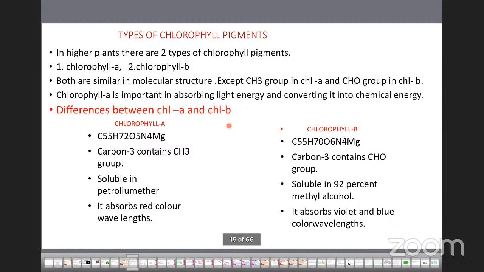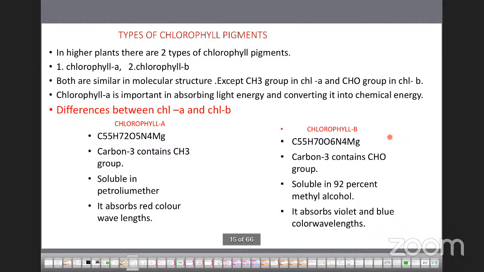So these are the important differences between chlorophyll A and B. Once again, chlorophyll A's molecular formula is C55H72O5N4Mg, whereas chlorophyll B is C55H70O6N4Mg. And the main important difference between these two is that a methyl group is connected with the C3 carbon